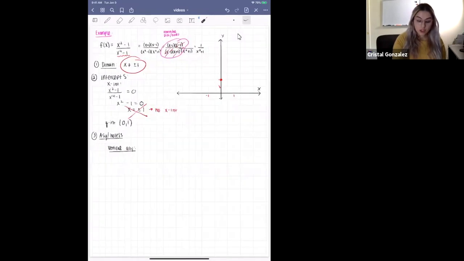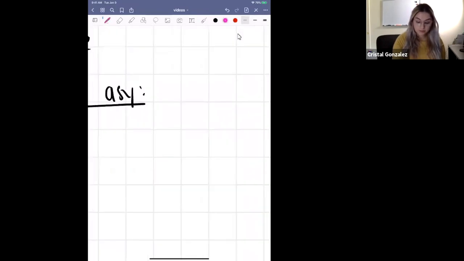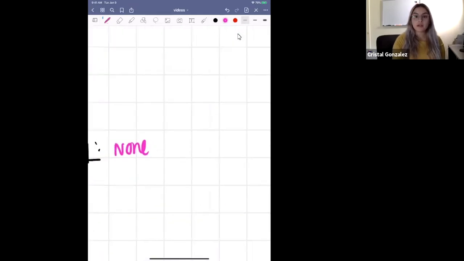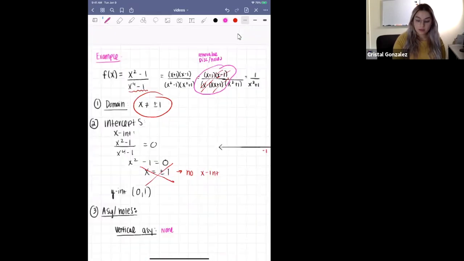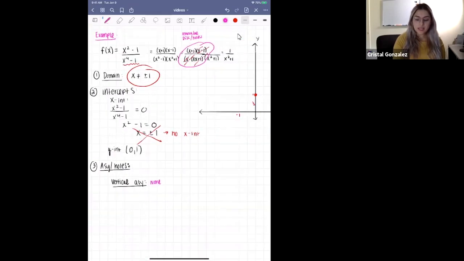So there's actually no vertical asymptotes here. Now, if it would have been the case where these didn't cancel out, then these would have caused those vertical asymptotes, but they're gone, and now we're just left with this simplified version